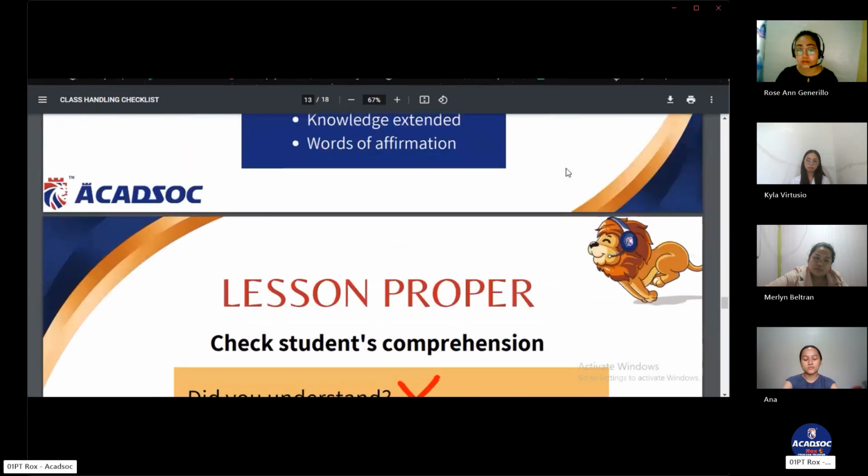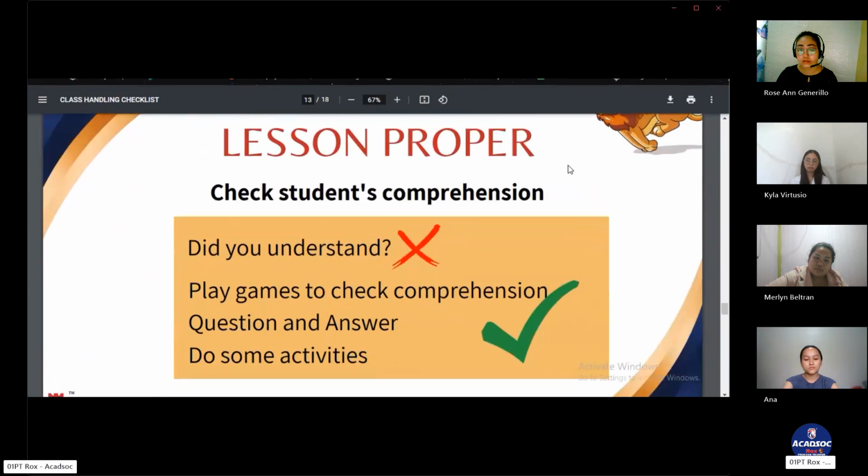Now, once you're already doing the lesson proper, don't forget, teachers, to check your students' comprehension from time to time. Okay. Now, once you check your students' comprehension, as much as possible, don't just ask them, did you understand? Especially, teachers, if you are teaching a young learner. Okay. Because we know these kids, sometimes, teachers, even if they really didn't understand the lesson,